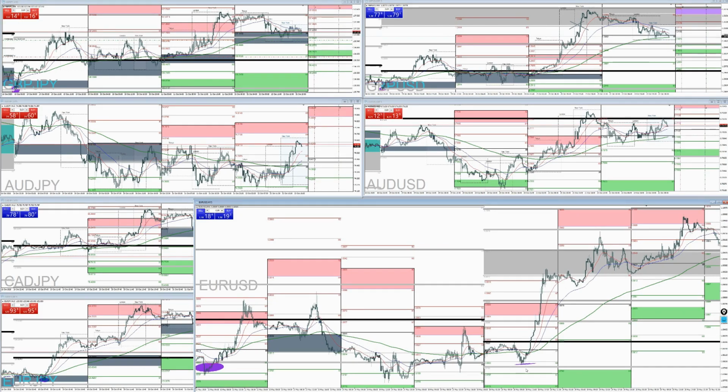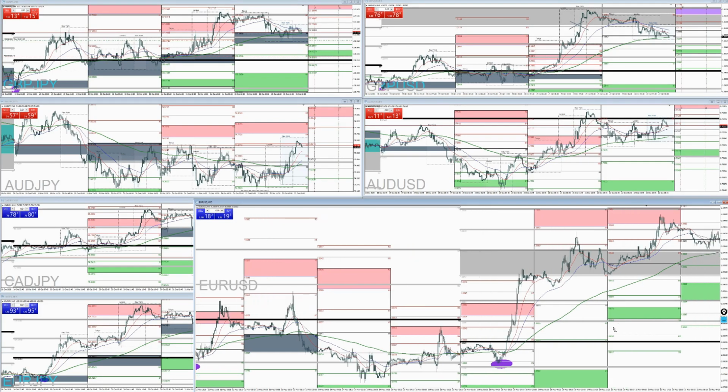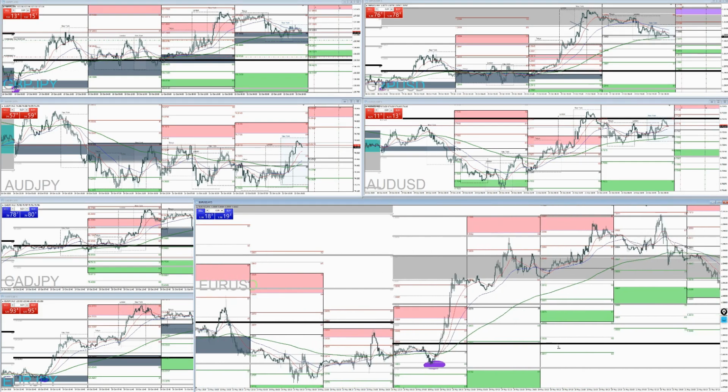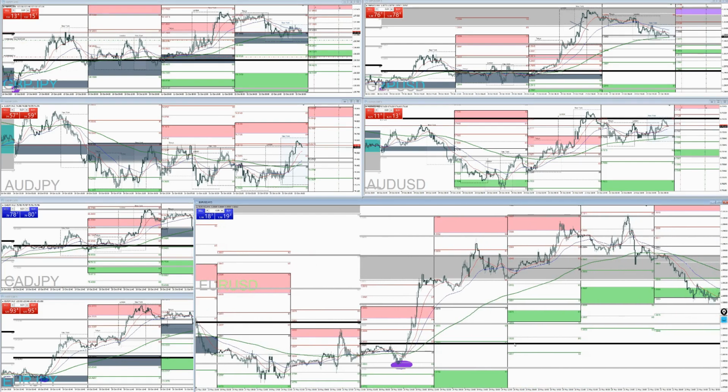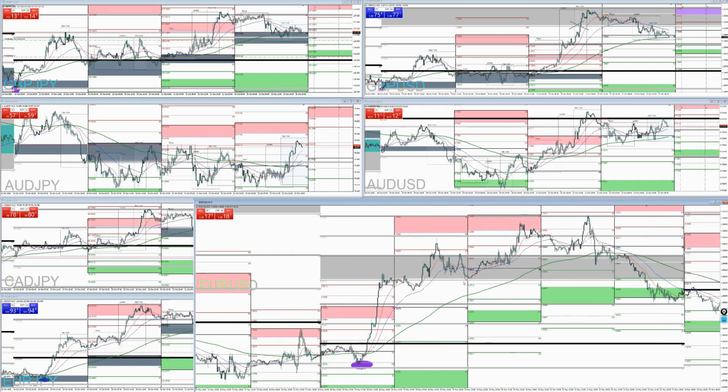We'll go ahead and mark that out. Never had an entry. This red right here, actually after we reached the take profit, there's no more trade setups for the week. We did have a question that if we were to keep trading after it reaches the weekly take profit zone, more than likely we would have taken this trade in here, never reached our take profit zone, got stopped out at break even.